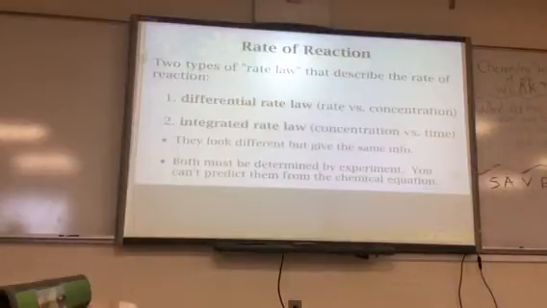Now, I've written a couple of chemical equations up here. If we compare the first to the second reaction, the first one is A yields Y, and the second one is 2B yields Z. When you look at these two chemical equations, you can't tell at all which one is faster. Just because this has only one A does not make it slower than the one with 2B. There's a lot that goes into what causes a reaction to go fast and what causes one to go slow. So you're not going to ever look at an equation, including this, and say, oh, because there's 2 reactants here, that must